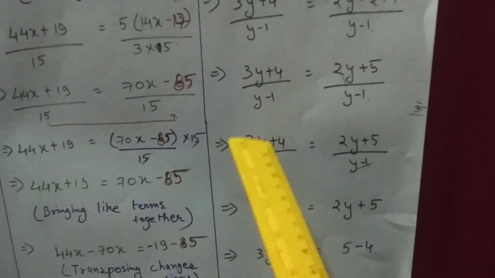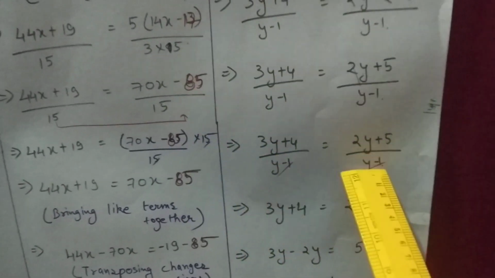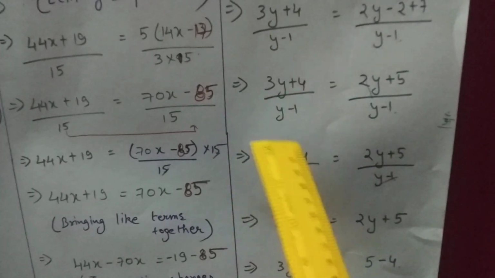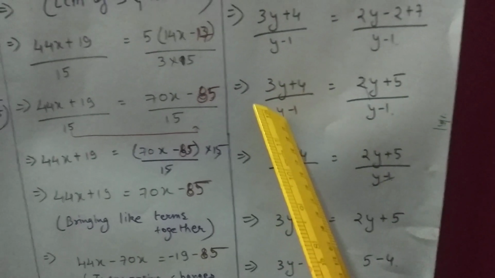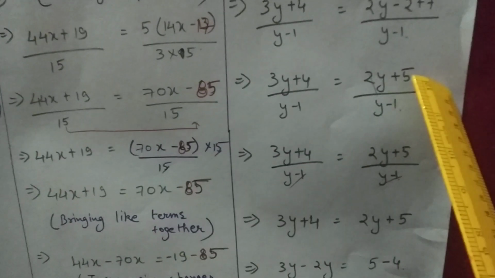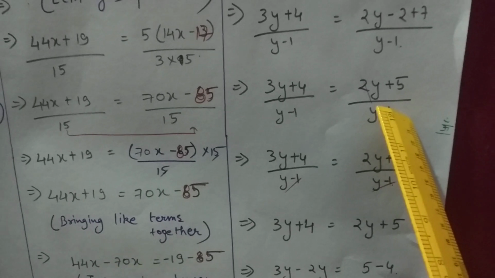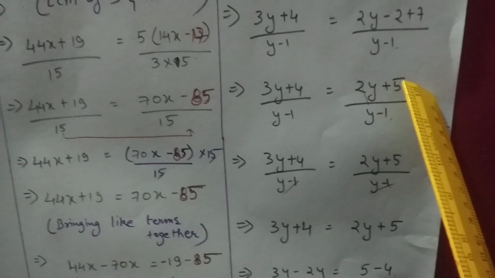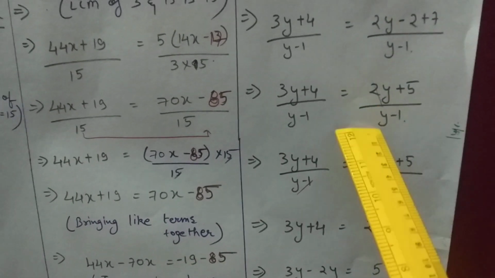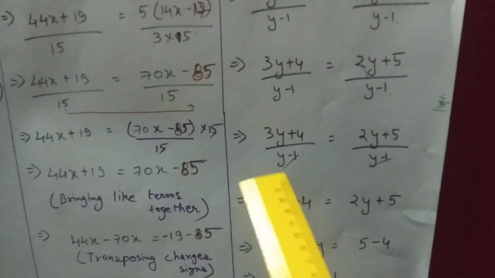Now in the next step we can see here that in LHS and RHS the denominator is the same on both sides. Y minus 1 denominator is the same, so we can cancel out this denominator directly. Or simply we can move this y minus 1 from here to here, and when this y minus 1 comes from here to here, it will change its operation to multiplication. And when y minus 1 is in multiplication, this y minus 1 and y minus 1 will get cancelled out from each other. So we have done that here.